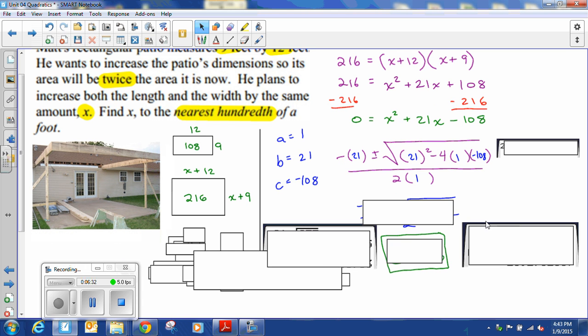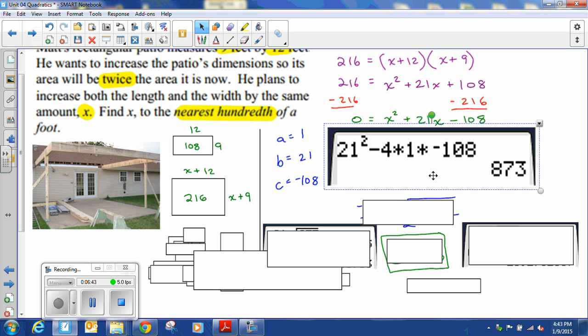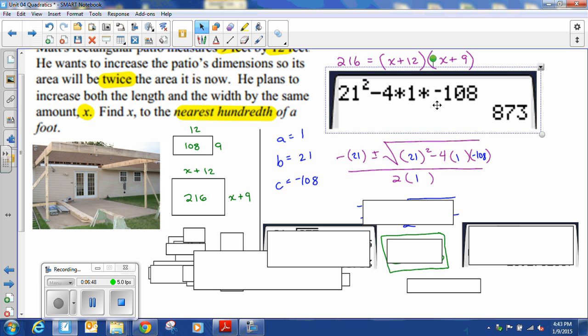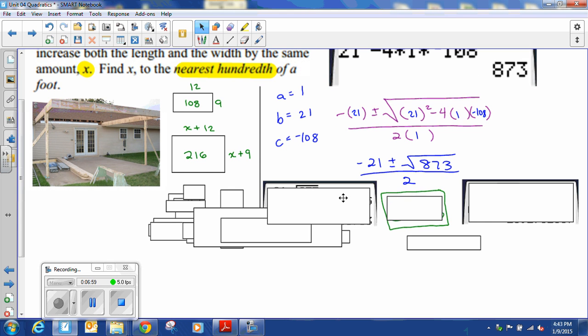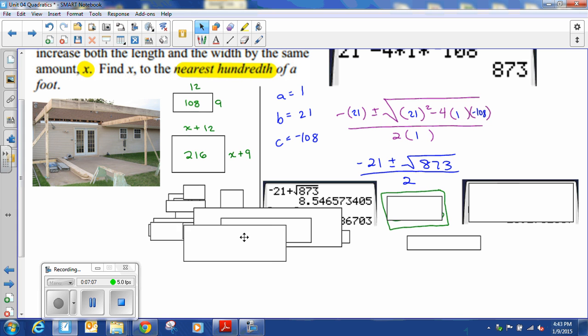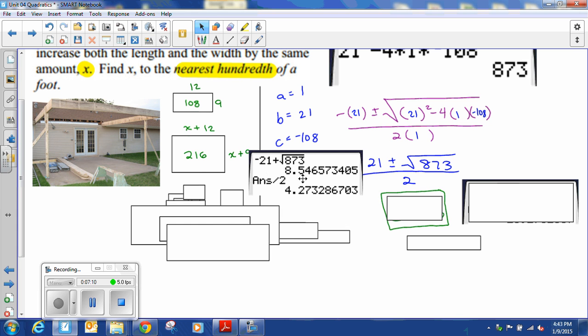Finally, we put this into the quadratic formula, and very carefully we evaluate under the radical first, which I've already done, plugging this in the calculator just like so. 21 squared minus 4 times 1 times negative 108 is 873. Negative 21 and the 2 come down. And now we're ready to evaluate negative 21 plus radical 873. Press enter, divide by 2, and we end up with